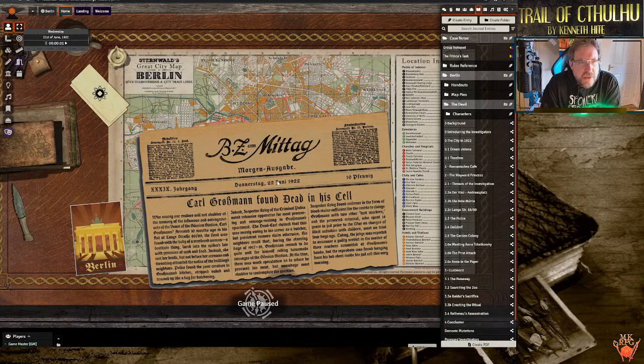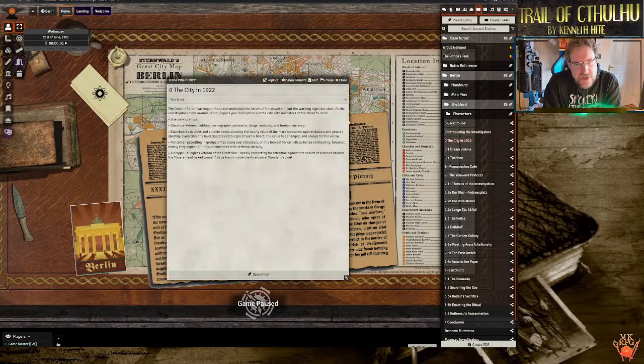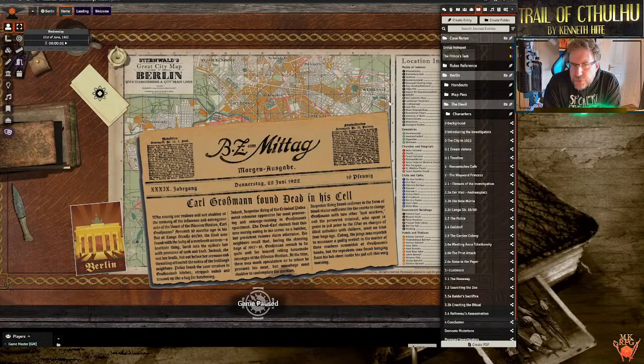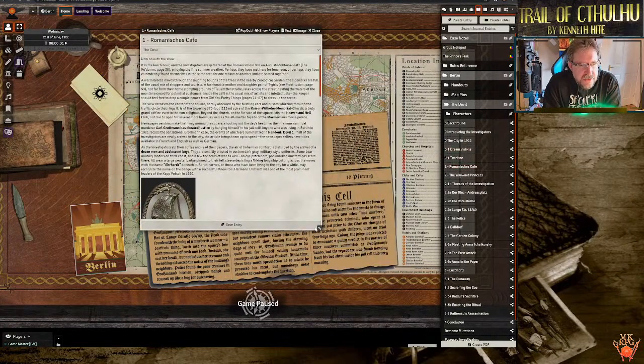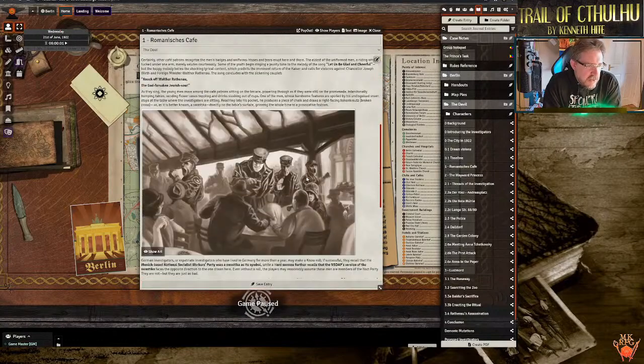I quite like it. So far, what has happened? The group were celebrating in the Romanisches Café. That was the chat basically to say, okay, what's important to you? Let's celebrate. What are you talking about? Introducing the characters. The Romanisches Café basically is the entrance scene into this scenario,